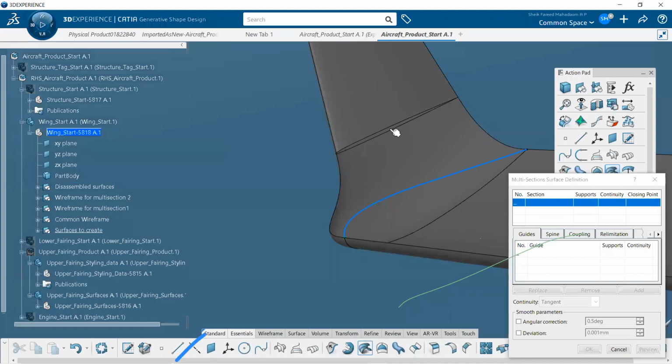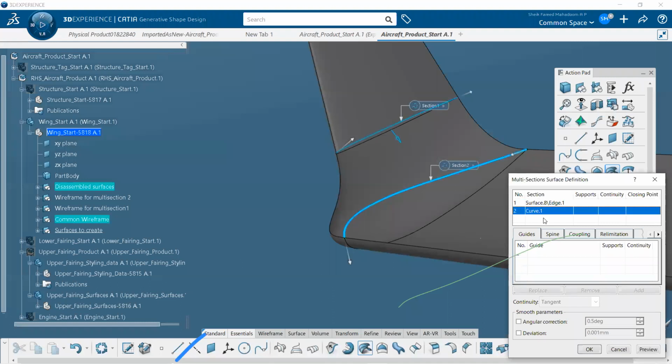So let's start with this surface, surface number 8, and then you select this surface. And then guide, select this one as a guide, and sorry, this one as another guide.